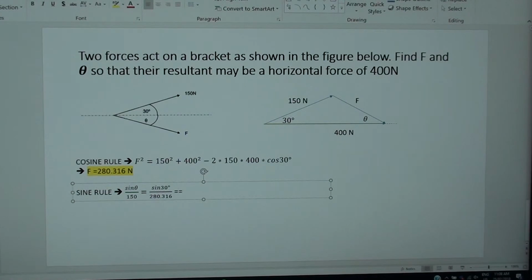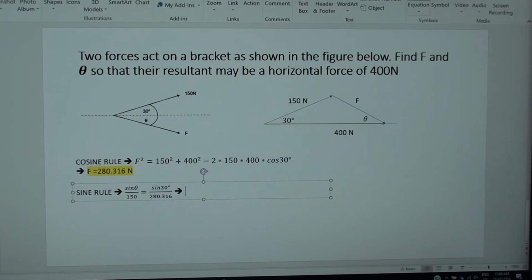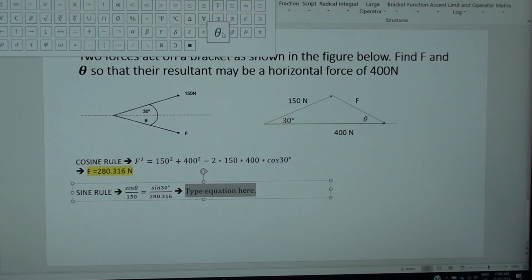using the cross methods and putting the subjects on one side and the known values on the other side, and make sure you set up your calculators in degrees so you can get the right answer. This will end up for you determine the value of theta. Theta will be equal to